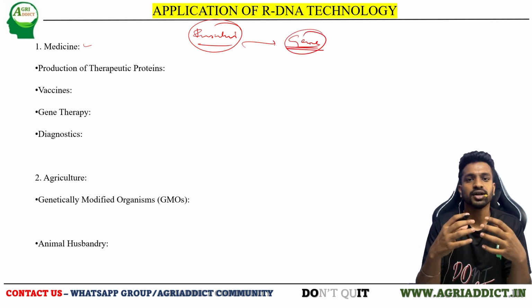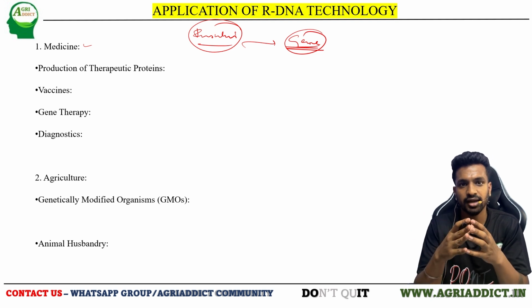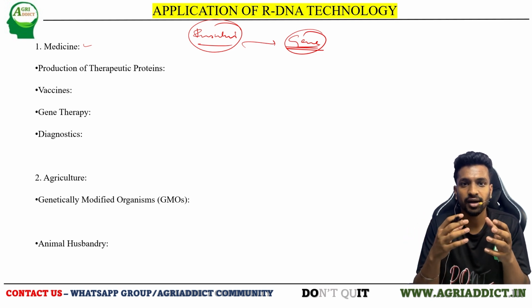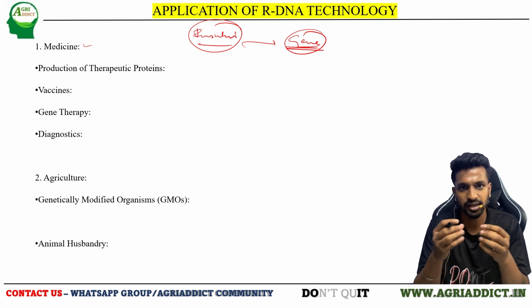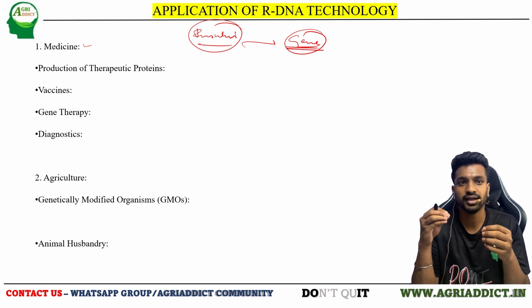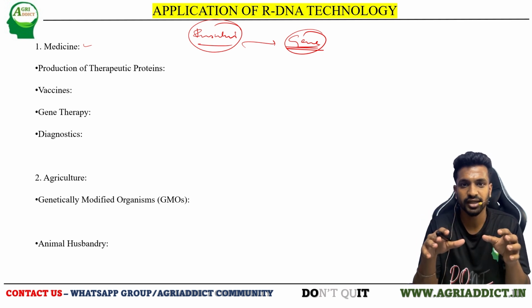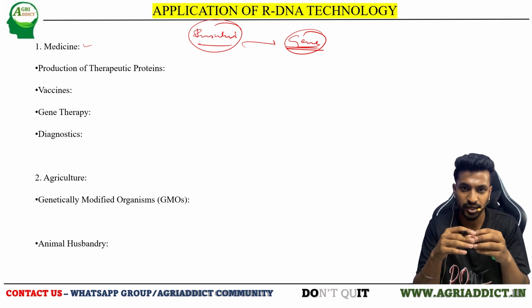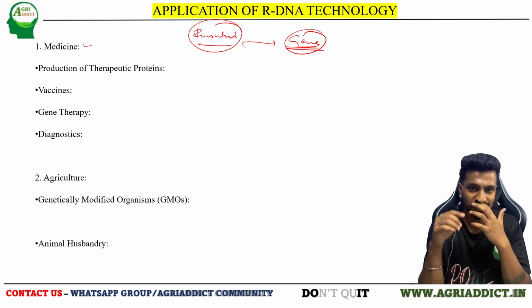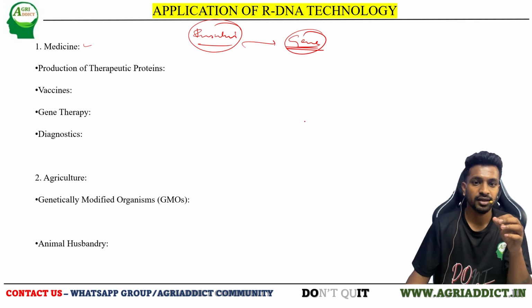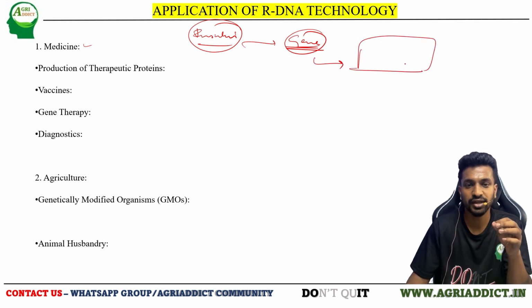But if we want to commercially exploit this insulin, market it and provide it as a drug, we want it in hundreds of millions of copies, right? There are a lot of diabetic patients, but every time we cannot extract the protein directly from humans and inject it into other humans. That is not possible in the real case. So what we can do is extract the gene that is responsible for the production of insulin, and then transfer this gene into a suitable host